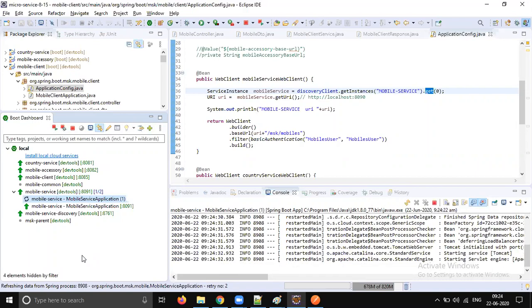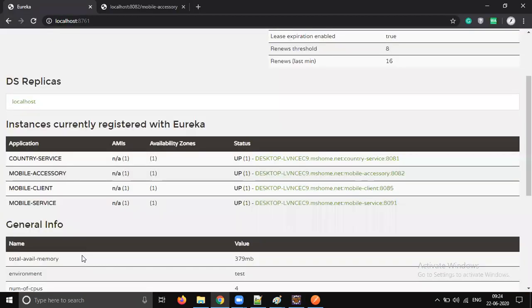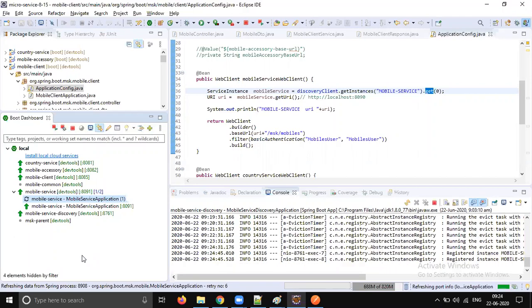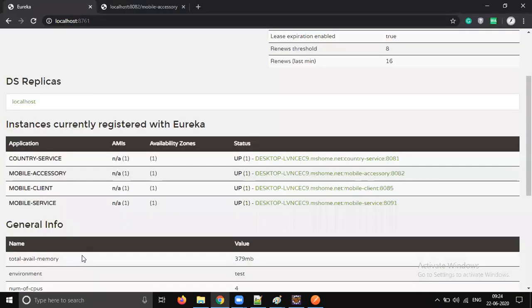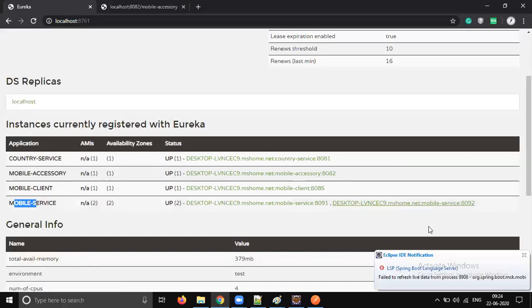Once the mobile service second instance is up and running, there is one more instance added, and it shows it is running on port number 8092. Wait for a moment. Yeah, it started. Just come back and refresh. You see there are 2 instances. Last line, mobile service: how many instances do we have? 2. 8091, 8092.